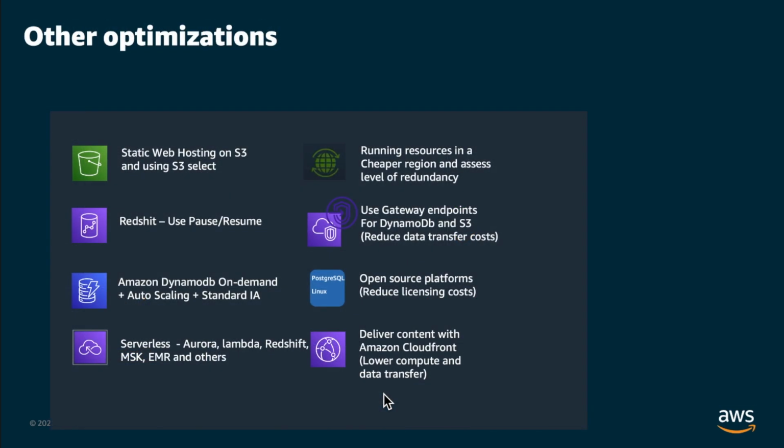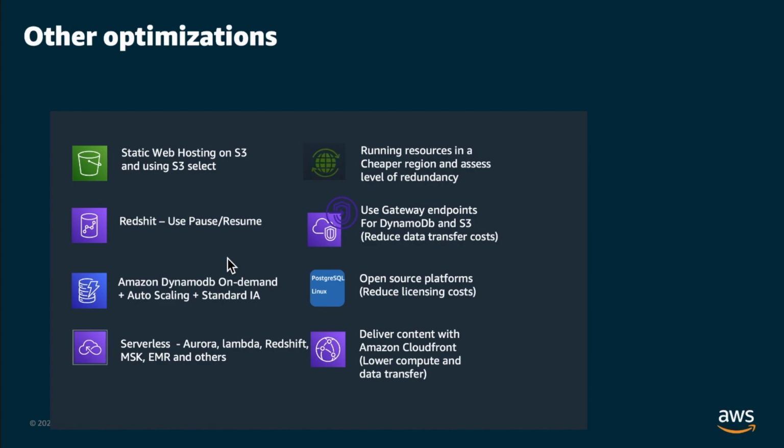And then we come to other optimizations you can do on the account. For example, you can host your static web content on S3 instead of putting it on EC2. On Redshift, you can pause and resume when not in use. For Dynamo, you can start automatically scaling in and out using the auto scaling feature, or you can also use the on-demand